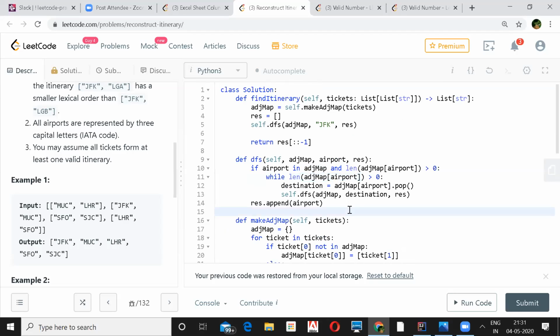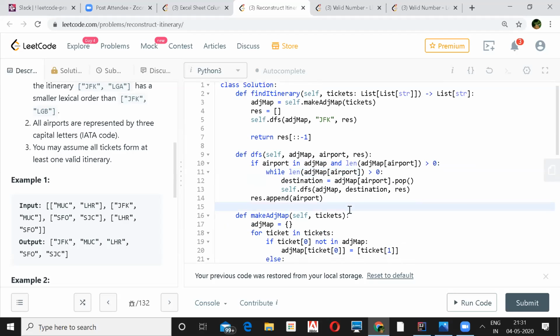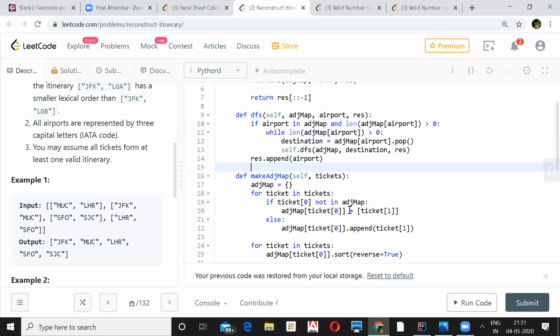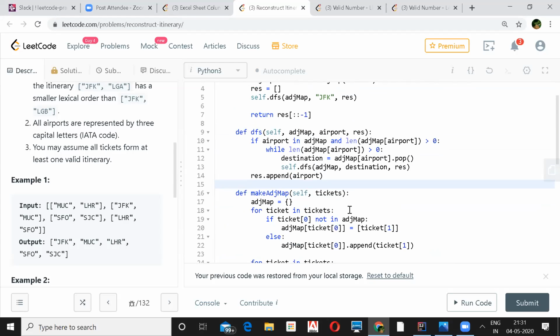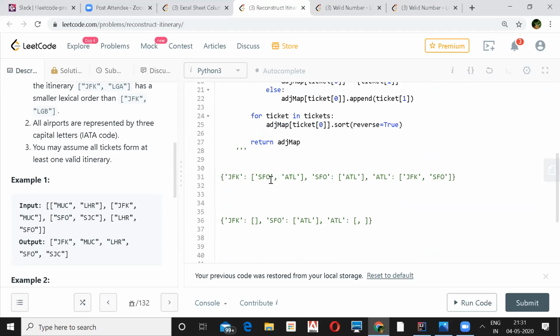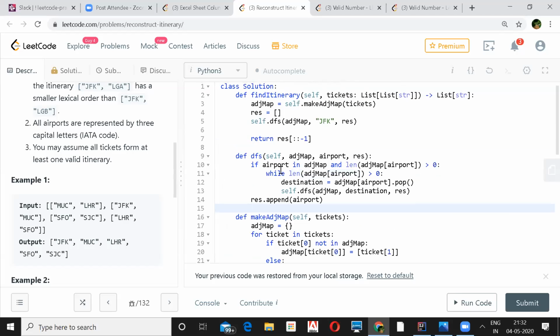So where do you backtrack if it happened? I didn't use backtrack here, but the concept is similar to that. Someone would say if you pick SFO, then it's not the right path, and then you have to select a different path. What do you mean by wrong path?